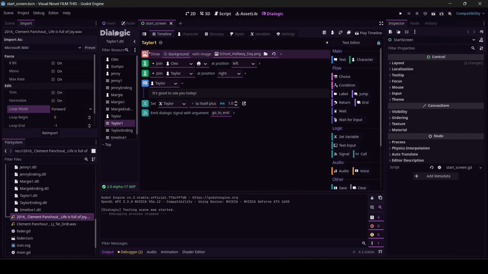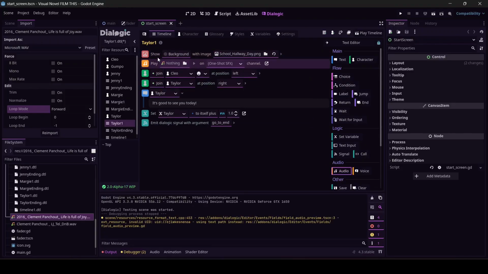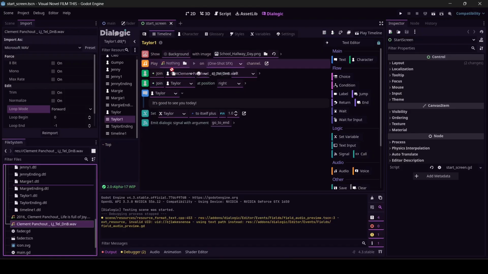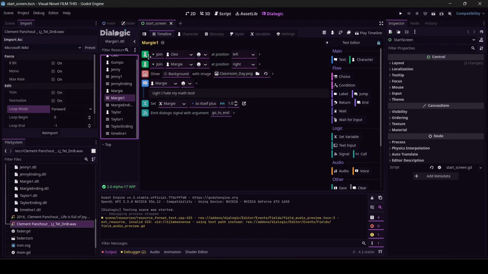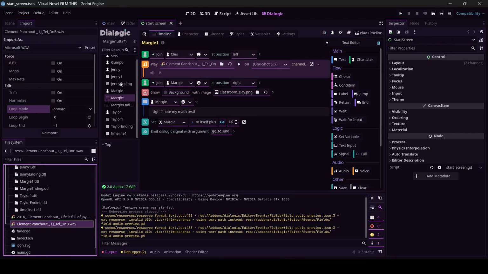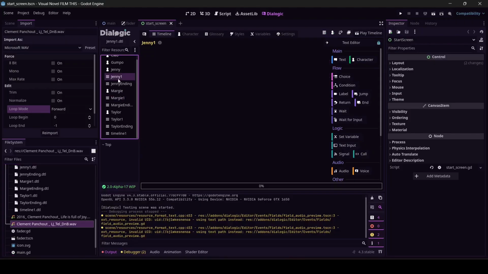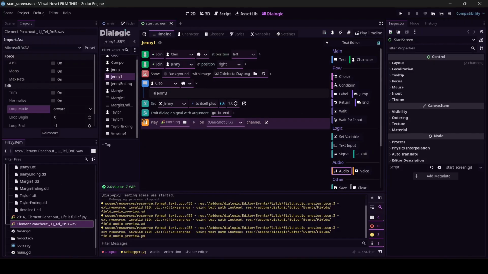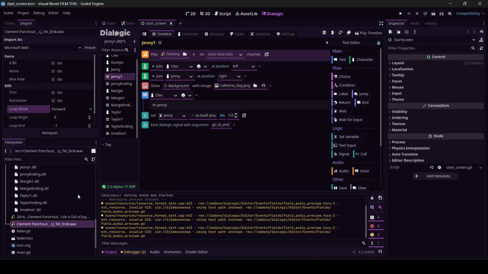In the other girls' timelines, just to prove that we can, I'm going to put the other piece. So I drug in, I want to call this a node, I know it's not, I drug in a play command. And then I put the other wave here. And I'm going to put it on the music channel. I'm going to do that for all 3 of these timelines: Margie, Jenny, Taylor. Oh, that needs to go at the top. Actually, it probably needs to go up there.